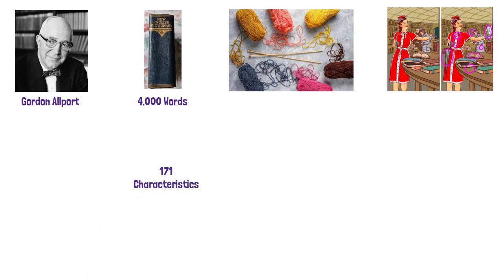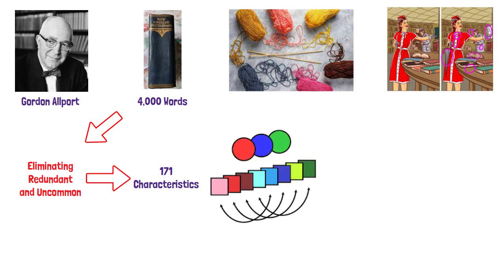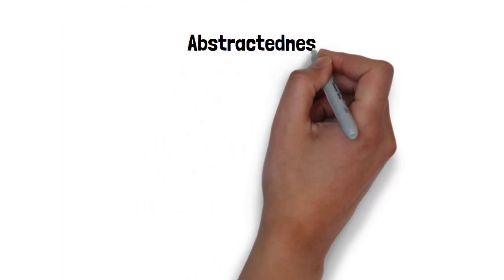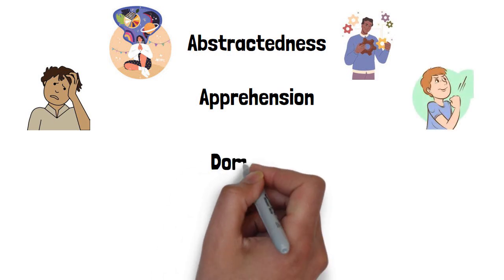Psychologist Raymond Cattell whittled Allport's list down to 171 characteristics, mostly by eliminating redundant and uncommon ones. He then used a statistical technique known as factor analysis to identify interrelated traits and condense his list into 16 key personality factors. The following are Cattell's 16 personality factors: abstractedness, imaginative versus practical, apprehension, worried versus confident, dominance, forceful